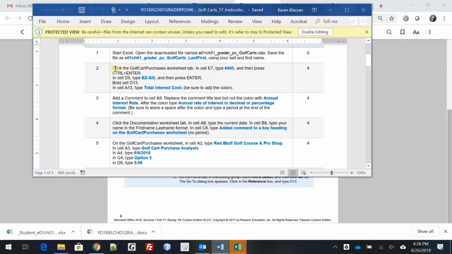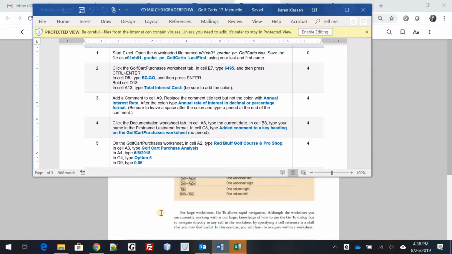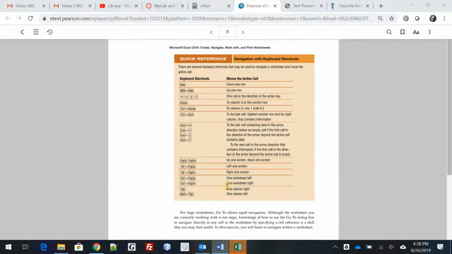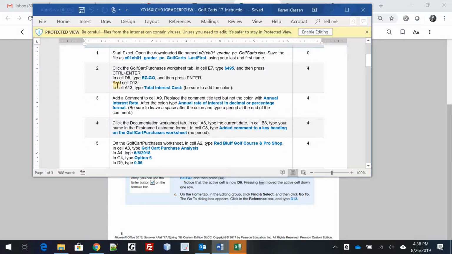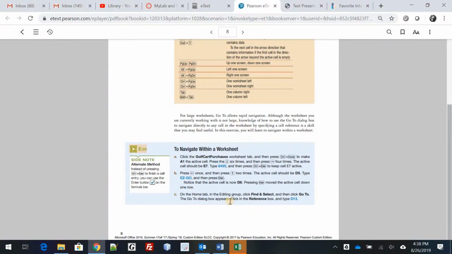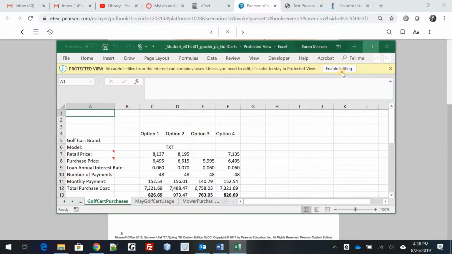And then this first step, click the golf cart purchases. If you notice, this video should correlate with the steps in your instructions. Now every now and then they might be a little bit off, but for the most part they're going to be exactly the same. So we're in chapter 1, step 2,